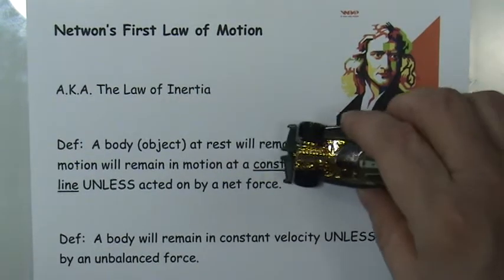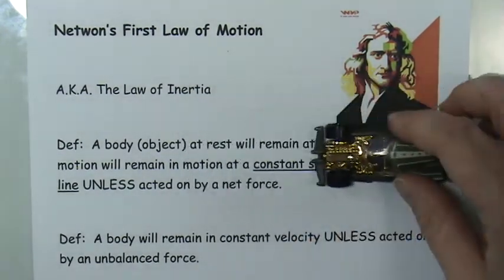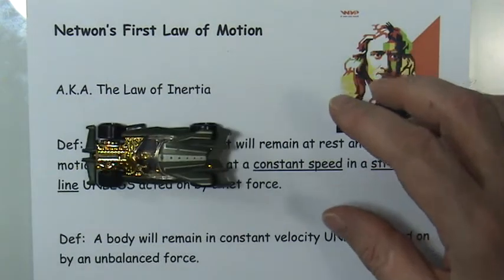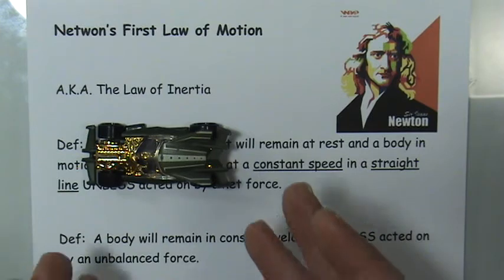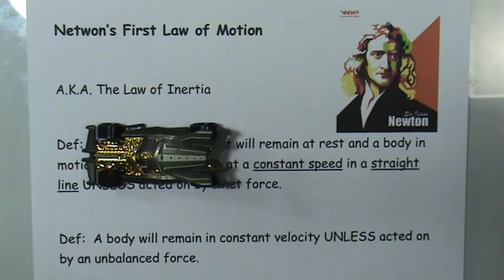For example, if we take a little toy car, and I give it a push across the table, it comes to a stop. And I'm sure you can think of thousands of examples that you've seen where something eventually just came to a stop. It seems natural that that's what it wants to do. But Newton realized that when you really analyze the situation, that's actually not the natural state of objects. The natural state of objects is to keep doing what they were already doing.